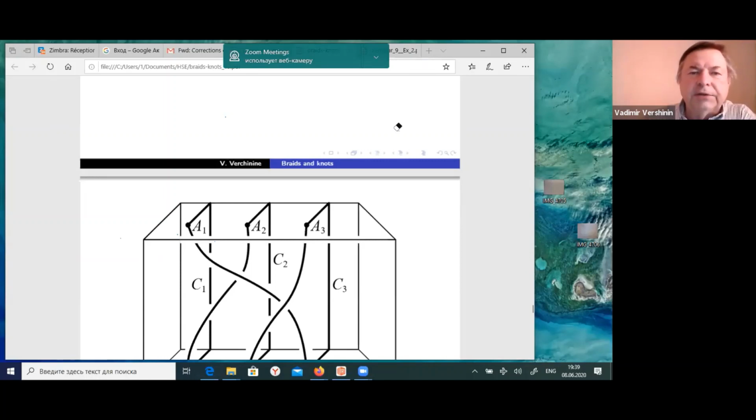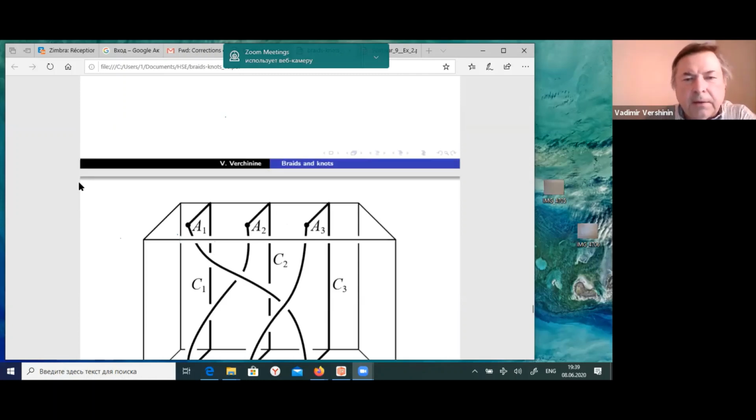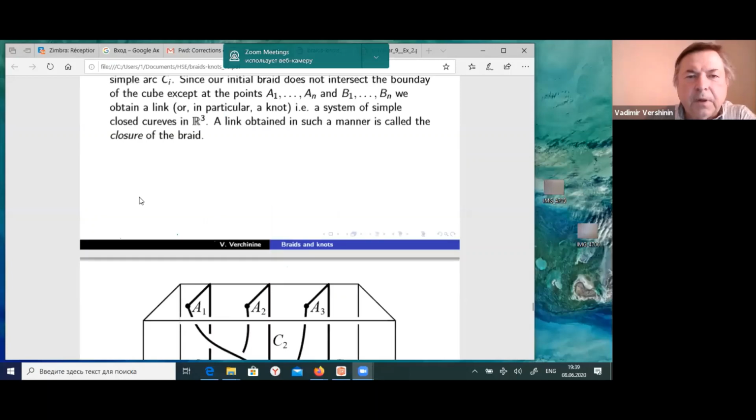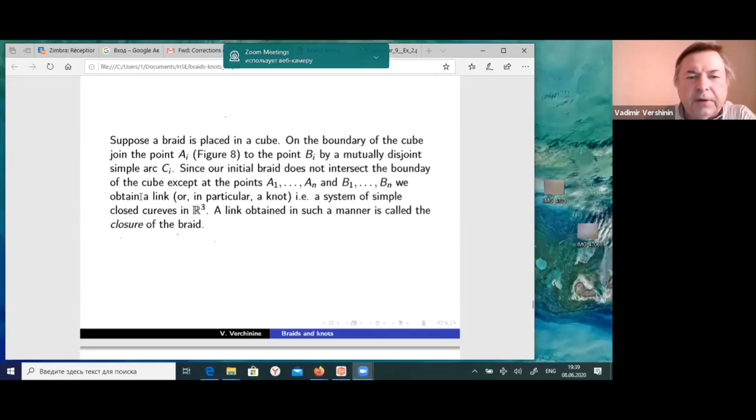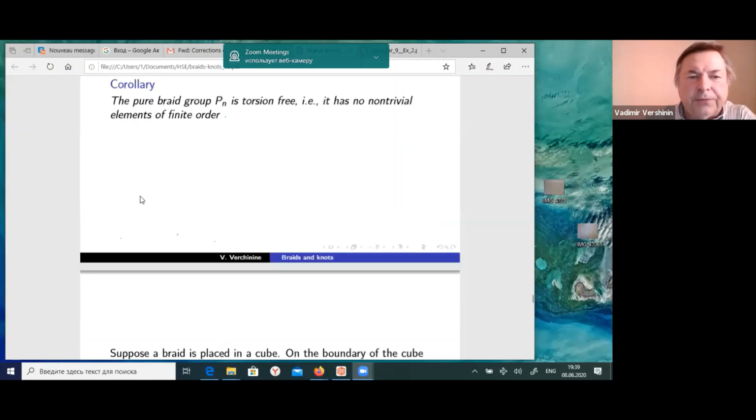The work of Artin was published in German, in the notes of the seminar of Hamburg, Burau in the same journal, and of course, Reidemeister's book was in German and so on. So the work of Artin, Markov, and at first the simple theorem